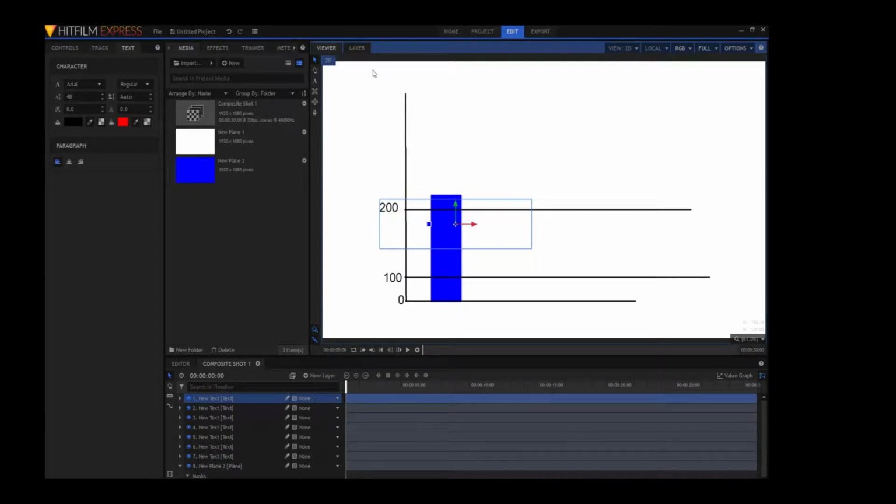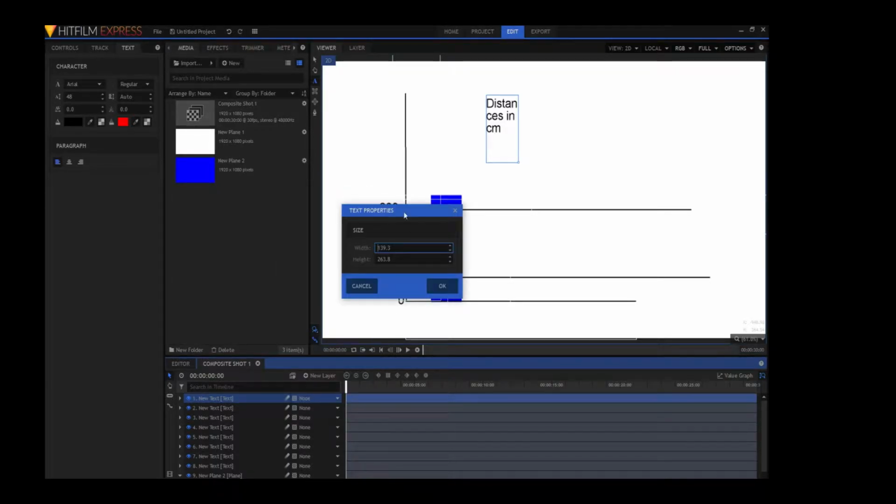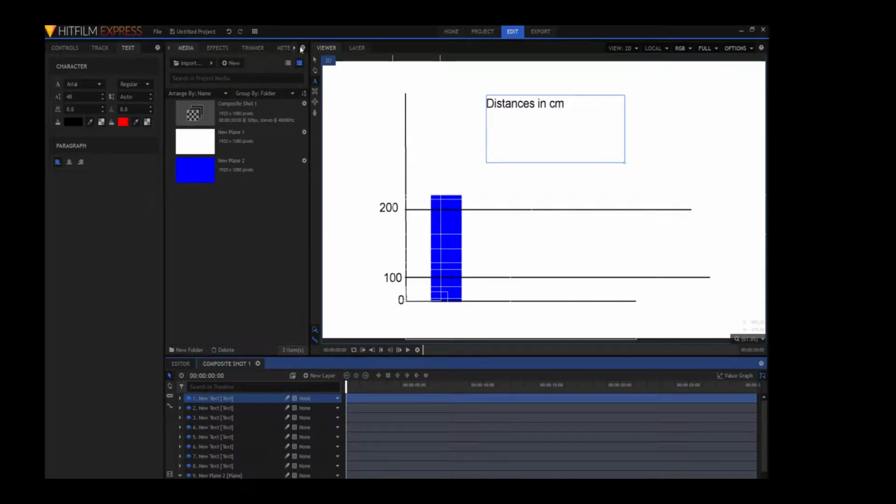Okay. So now I'm gonna make a title, and then I'll make another red. I'm gonna make the opposite of blue, at least to my opinion, red. So I'm gonna name this distances in cm, which is actually something I did not too long ago. I'm just gonna go to property, then I'm gonna make this just a little bit bigger. There, that'll do.